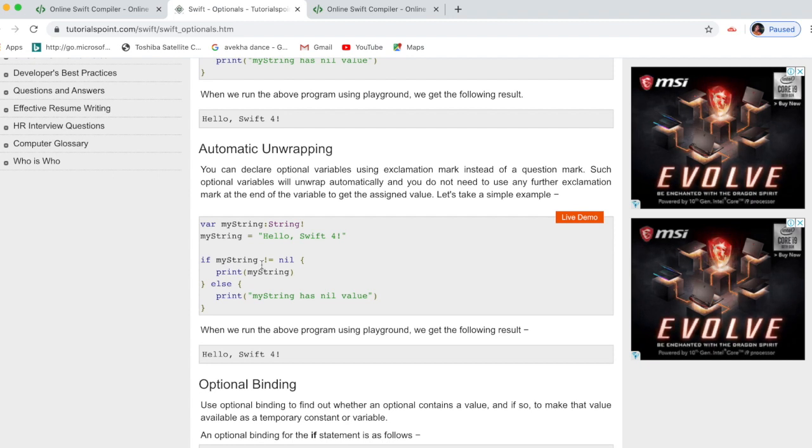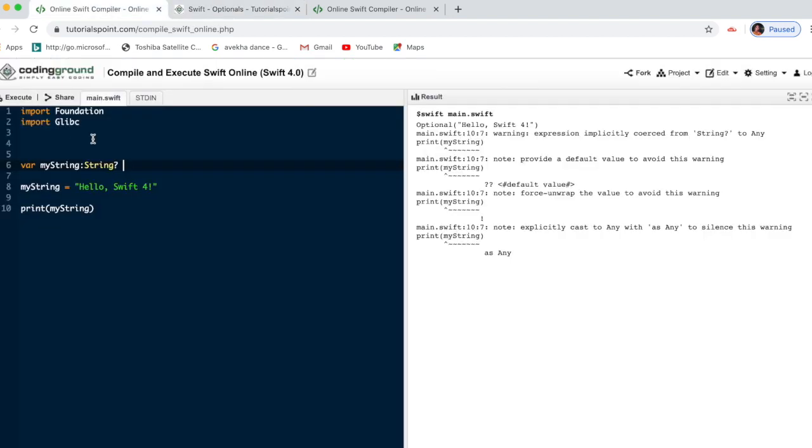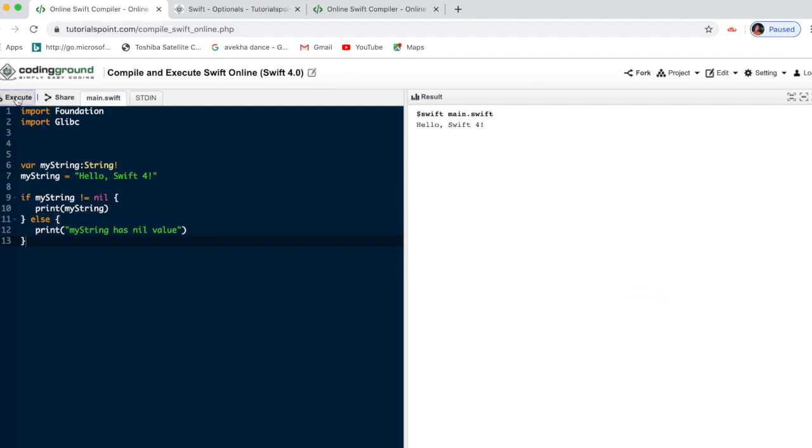Next case is automatic unwrapping. Actually, this is the way to get our output. If we give an exclamation mark, then this value will be the output we get.